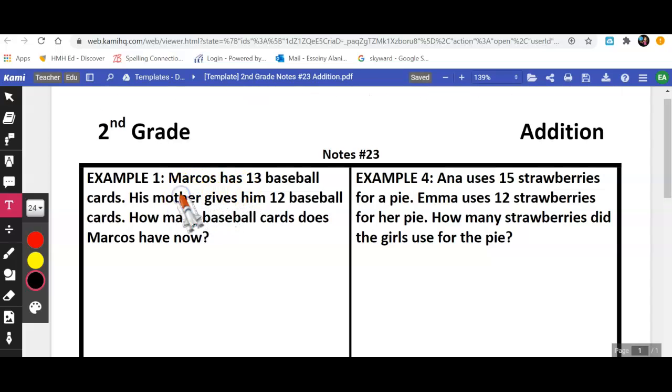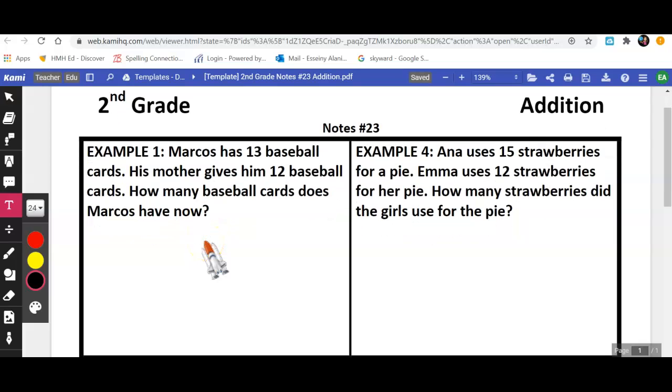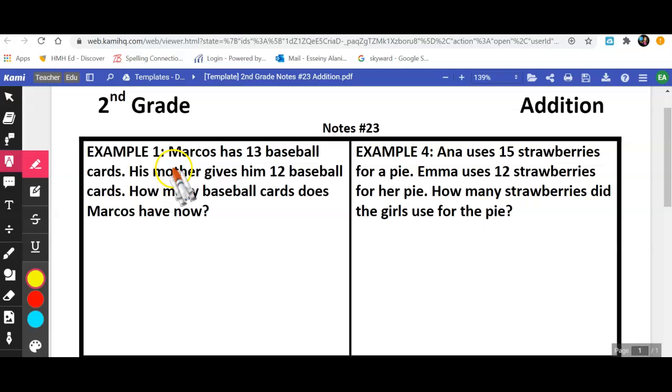Marcos has 13 baseball cards. His mother gives him 12 baseball cards. How many baseball cards does Marcos have now? So for our strategies, we're going to highlight: Marcos has 13 baseball cards. His mother gives him 12 baseball cards. How many baseball cards does he have now? How many now? So to solve this problem,